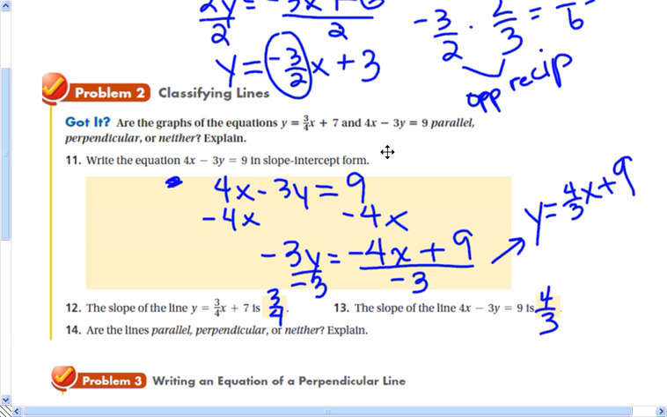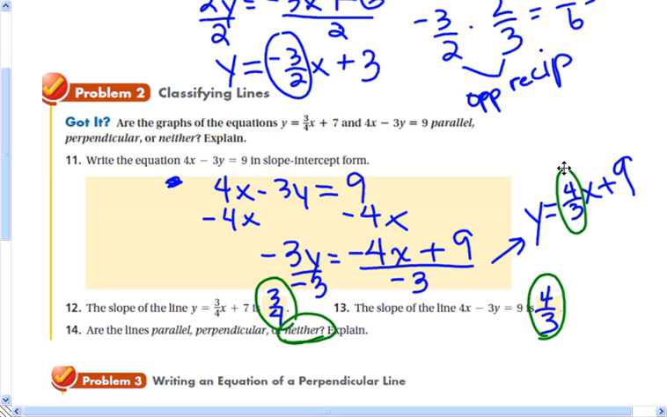Okay, when I put it into slope-intercept form, I found that the coefficient is 4/3, and 3/4 and 4/3 are reciprocals, but they're not opposite reciprocals, so we're going to say that the lines are neither. To be parallel, they'd have to be the same. To be perpendicular, they'd have to be opposite reciprocals. And just to quickly prove to you that they don't,